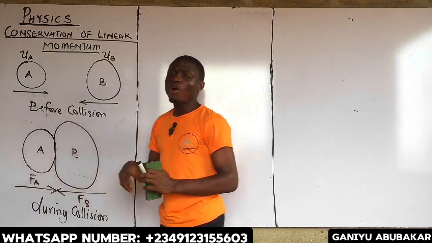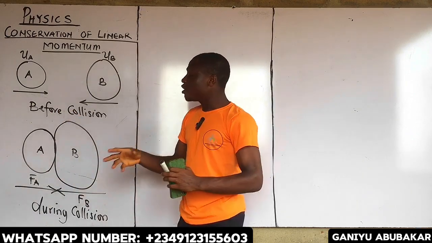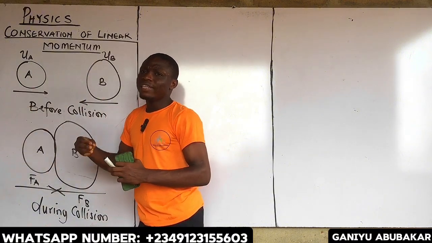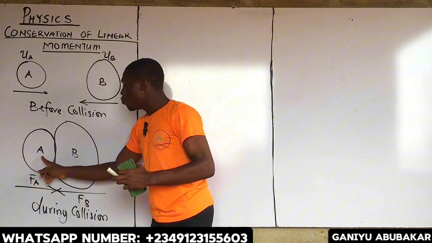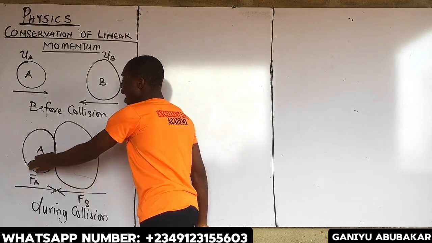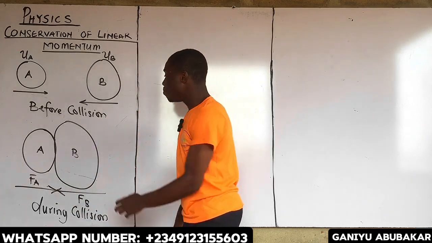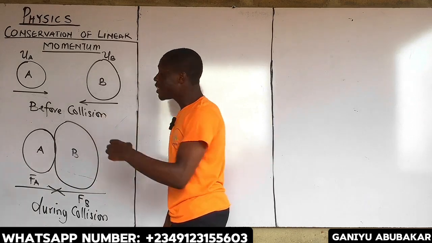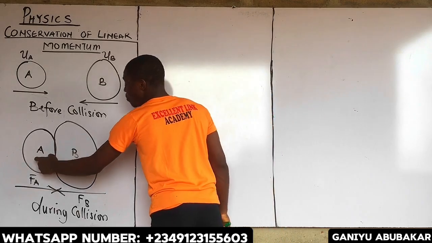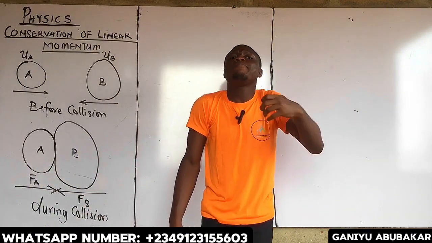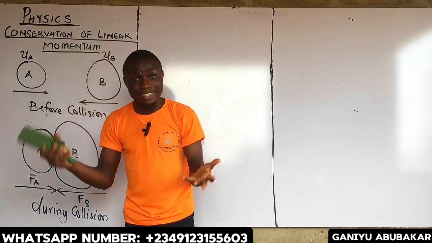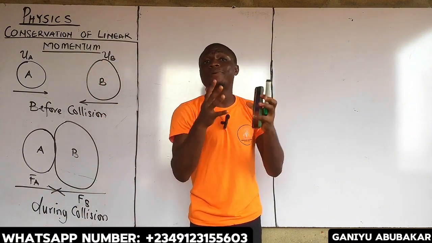Object A is small. But if these two objects hit each other, the direction is determined by which of these two has a bigger momentum. So let's say that A has a bigger momentum and B has smaller momentum. It means that the two of them will move in this direction. So far A has a bigger momentum. So we are not looking at the mass or how big the object is. We're looking at the one that has a bigger momentum.